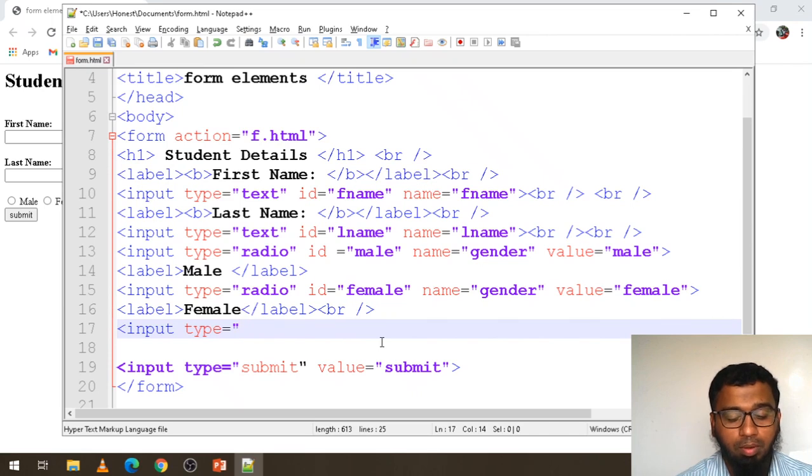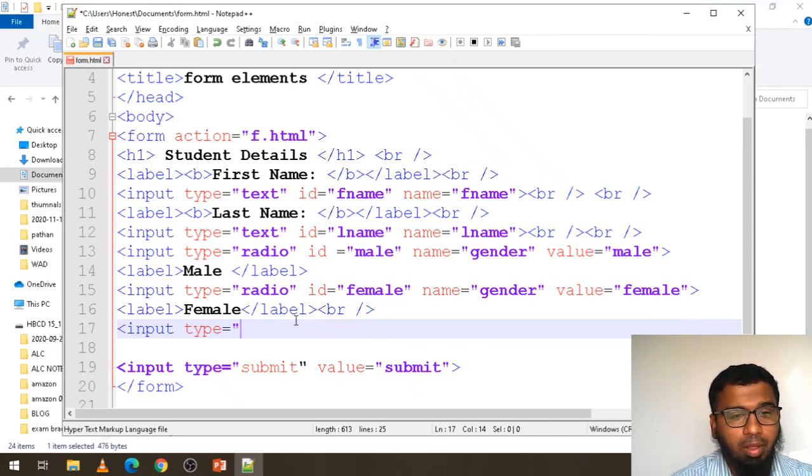Input, that is, input type is checkbox, okay. And here also you need to give the ID. Like ID I am giving subject 1, okay, that should be in double quotes, sub 1, name sub 1,